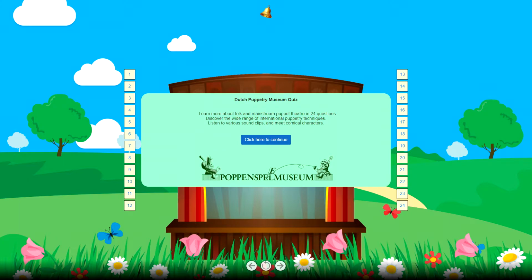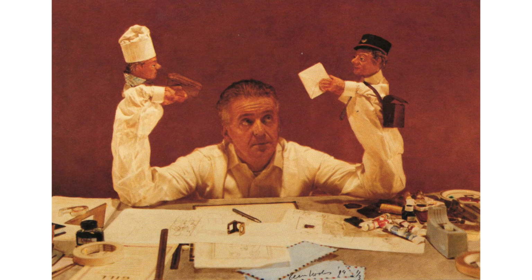By means of a series of sound clips, texts and images, you are making a journey through the wondrous world of puppet theatre. In a playful manner, 24 view and search tasks introduce you to the wealth of possibilities in international puppet, figure and object theatre, and with regards to visual theatre and associated arts.